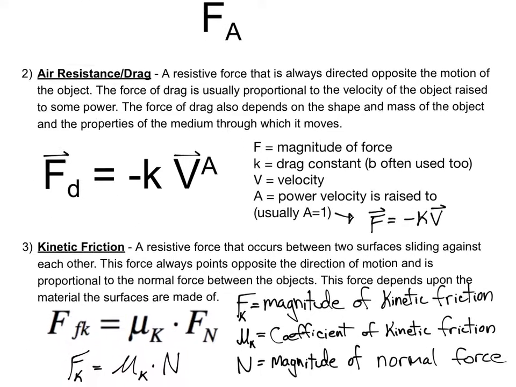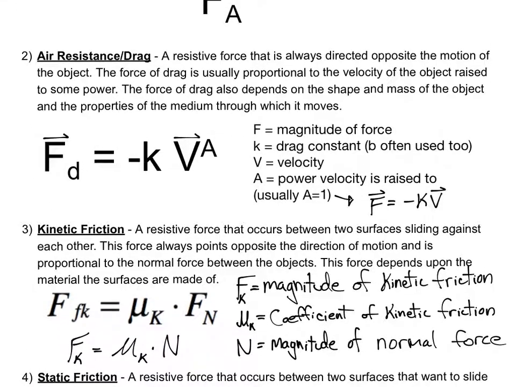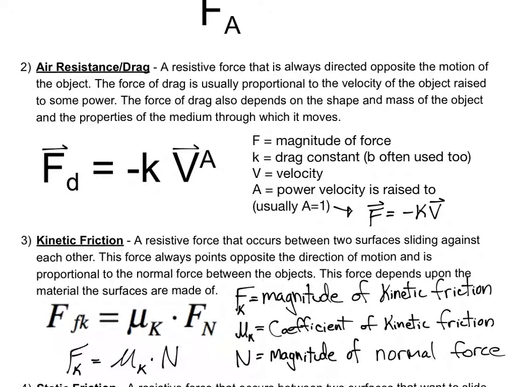Next type of force, kinetic and static friction. Kinetic friction, also a resistive force, so it opposes motion. It's proportional to the normal force that exists between the two objects, and it depends on this value of mu here, depends on the material that the surfaces are made out of. So we got our magnitude of friction, our coefficient of friction, and then the magnitude of the normal force between